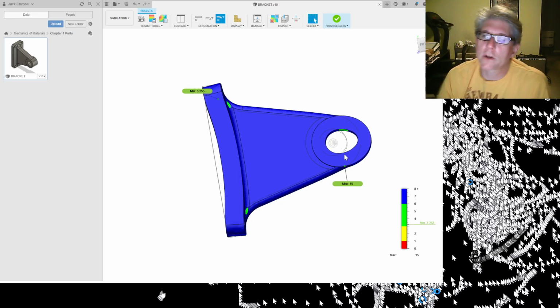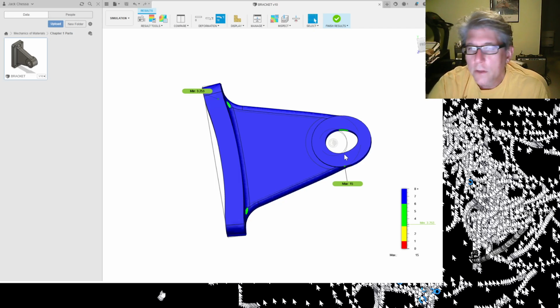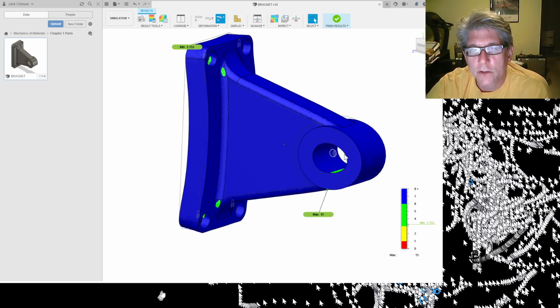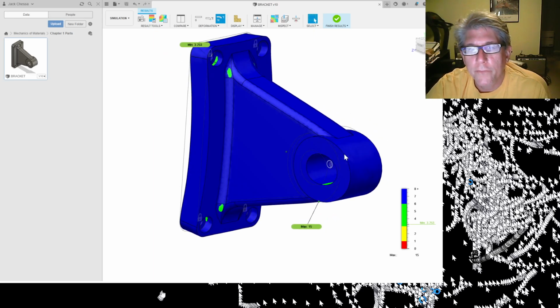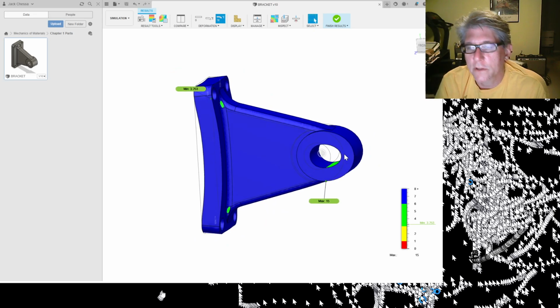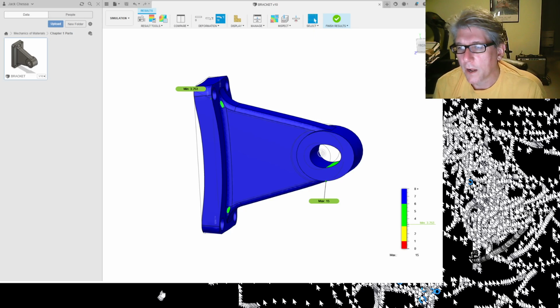If it does something weird like swings around, you know that your constraints probably have something goofy with them, okay? But that looks pretty reasonable. The fixed surfaces do seem to be fixed, and it's definitely deformed in the load path of that load. Okay, now